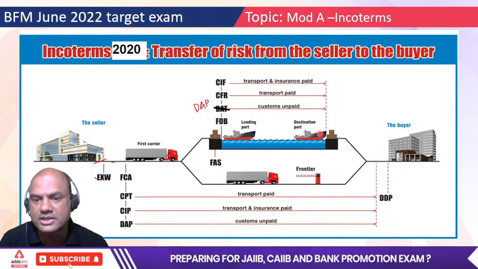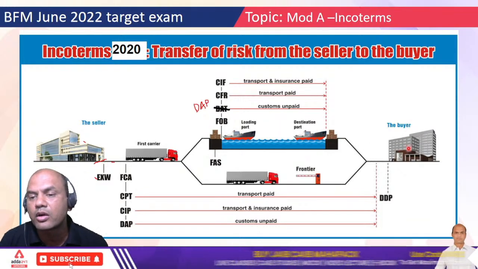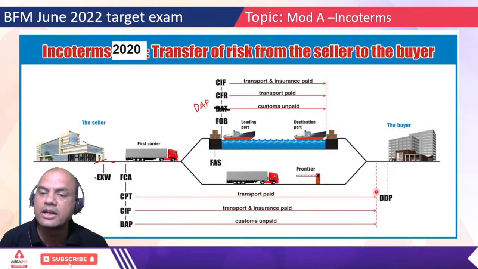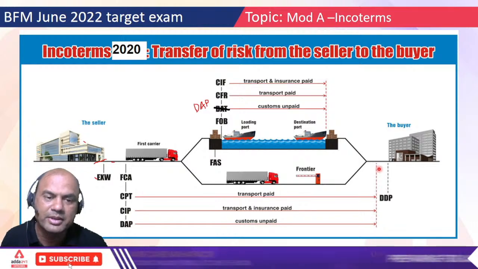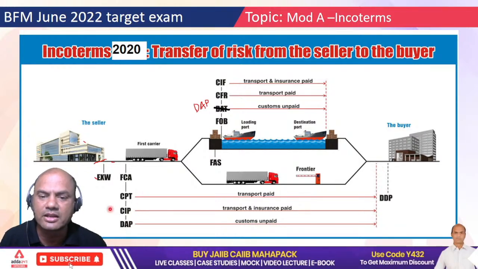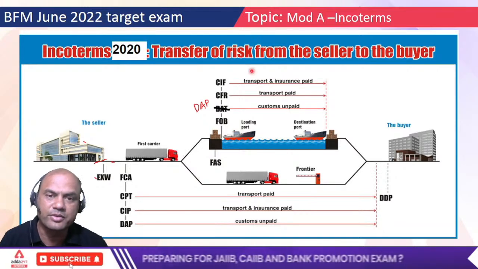Then the ship cost, whatever that freight is, insurance, bringing the goods from here to his factory, that is DDP, delivery duty paid. Okay, that is known as DDP. DDP means everything is borne by the seller. So you've got the important Incoterms. Remember, type yes if you have got this.